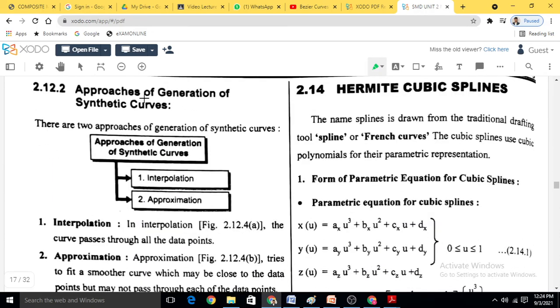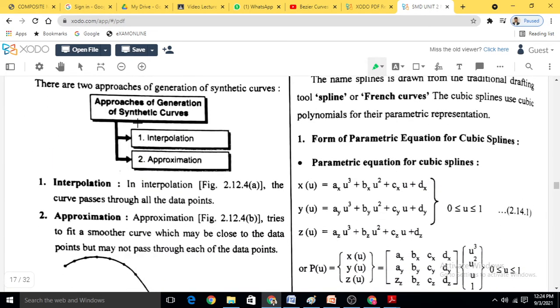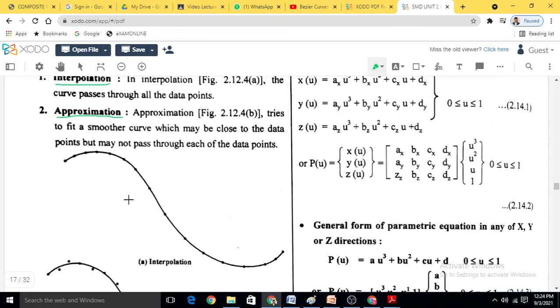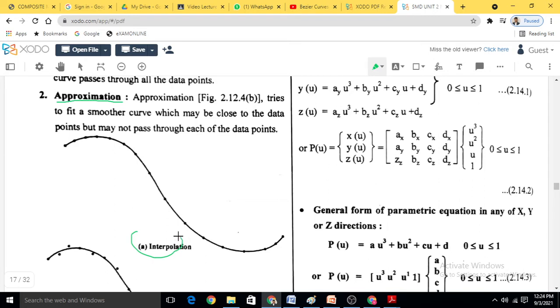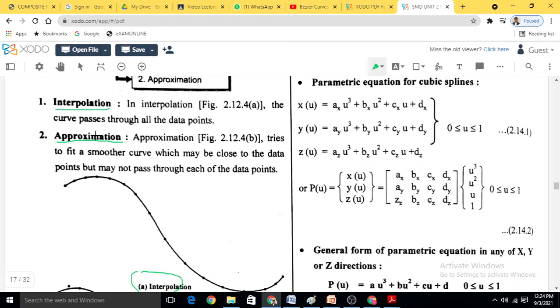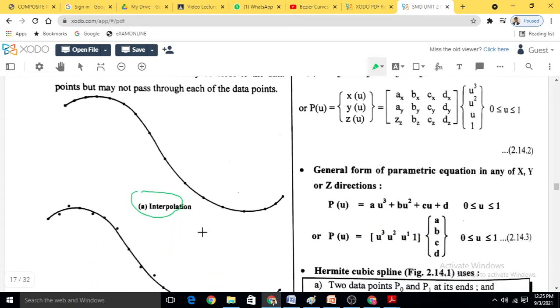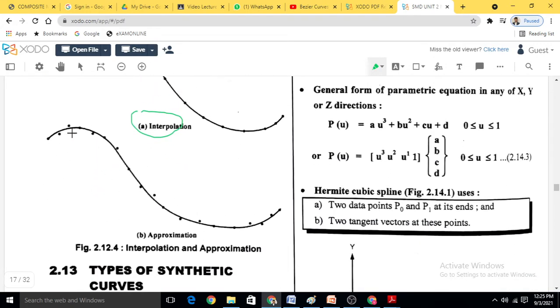Now we will discuss the approaches of generation of the synthetic curve. There are two main approaches: one is called interpolation and another is called approximation. Interpolation means, if we see this diagram here, the curve is passing through all the data points, then it is called interpolation. Interpolation means if the curve is passing through all the data points, and if the curve is not passing through all the data points, but tries to pass through the maximum number of data points,